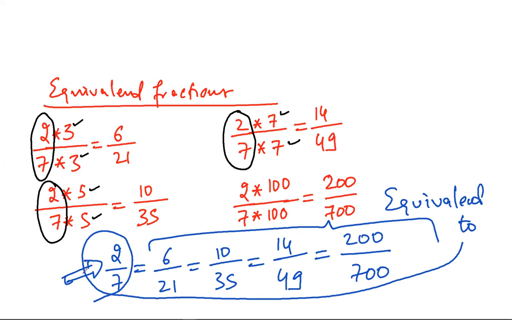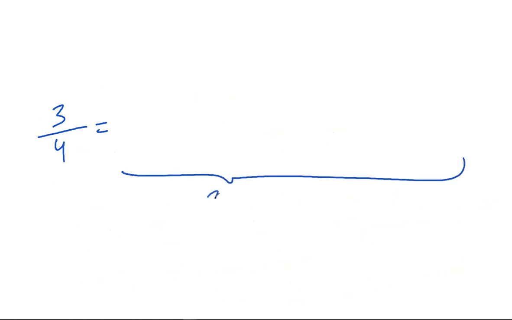Mr. Sarthak, is there a doubt? No, sir. Mr. Satya, is there a doubt? No, sir. So, Mr. Satya, for example, you have a fraction like 3 by 4. Can you tell me 5 equivalent fractions? Yes, sir. Mr. Sarthak, can you tell me 5 equivalent fractions? You can take some time and tell me. Yes, sir.